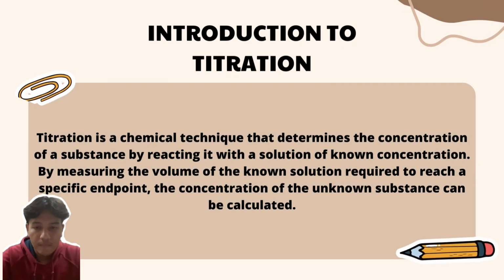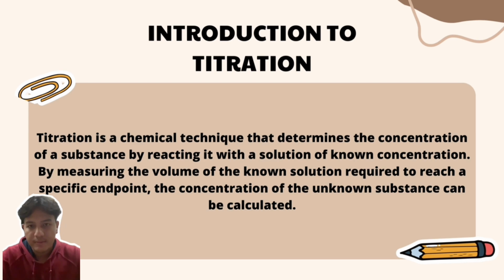Okay, first of all, what is a titration? Titration is a chemical technique that determines the concentration of a substance by reacting it with a solution of a known concentration. So, how does this technique help us to calculate the concentration? By measuring the volume of the known solution required to reach a specific endpoint, the concentration of the unknown solution